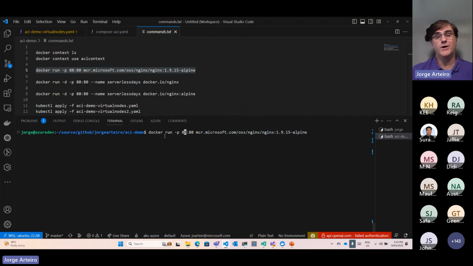I want to expose a port on my computer. Because I'm using port 80 for something else, I'm going to use a different port number. I'm going to use 8080, and point all the traffic that I call for port 8080 to port 80 inside the container. Because the container is running on port 80, expecting people calling on port 80. That's the normal HTTP port. But because I'm running locally, I want to use different ports.